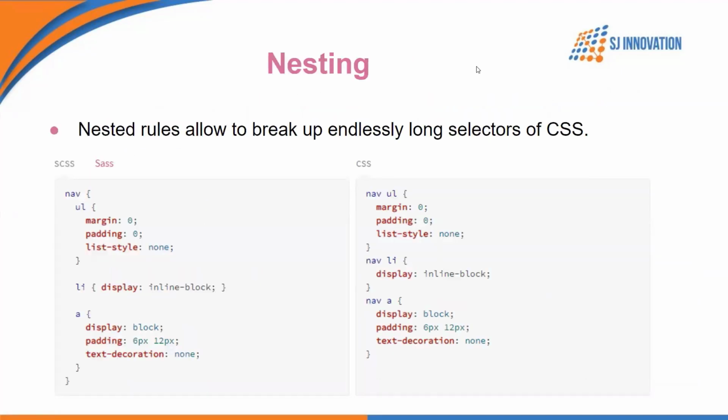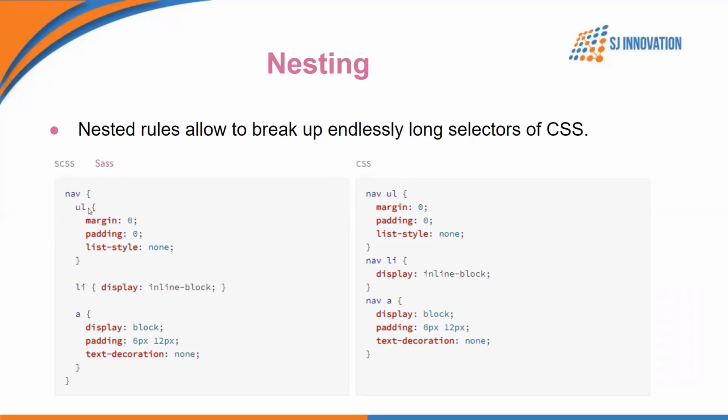Nesting. SASS will let you nest your CSS selectors in a way that follows the HTML rules.